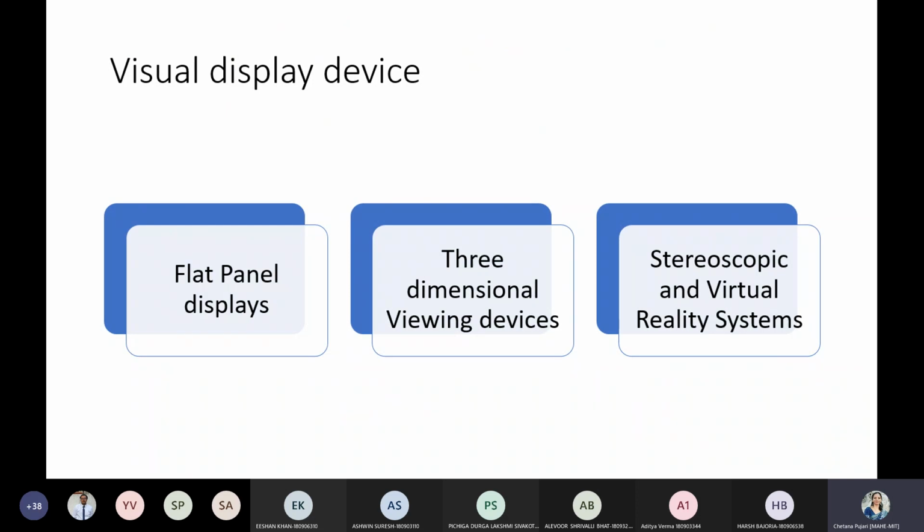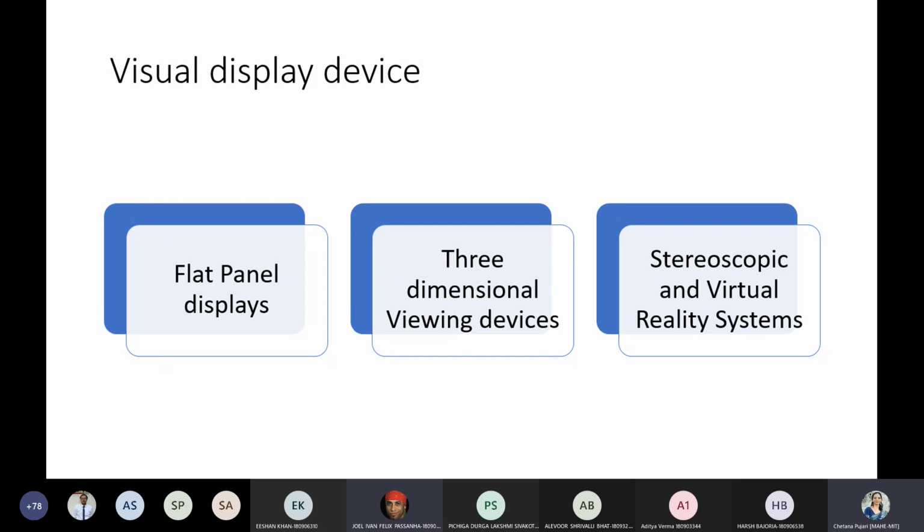So last class I told you to go through these visual display devices, a few more visual display devices like flat panel, three-dimensional viewing device, and virtual reality system. Anyone explored about this? Nobody? Not too much in depth, but I've read a little bit about that. You don't have much about that, but I wanted you people to know what it is, even though we are not using it later on, but at least if you are aware, it's good for you. Would you like to share what you have explored?